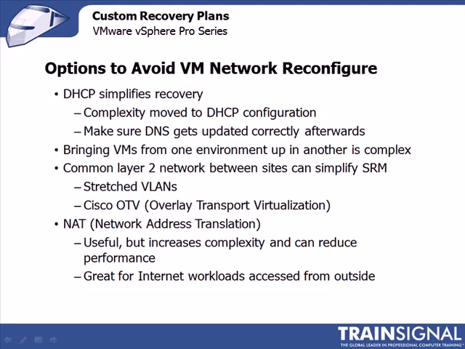So once you've configured a VM for DHCP, you don't have to configure it again. When it boots at the second site, it would then look for a DHCP server to get its IP configuration and all that. So using DHCP would remove the complexity from the SRM configuration into the DHCP configuration, and